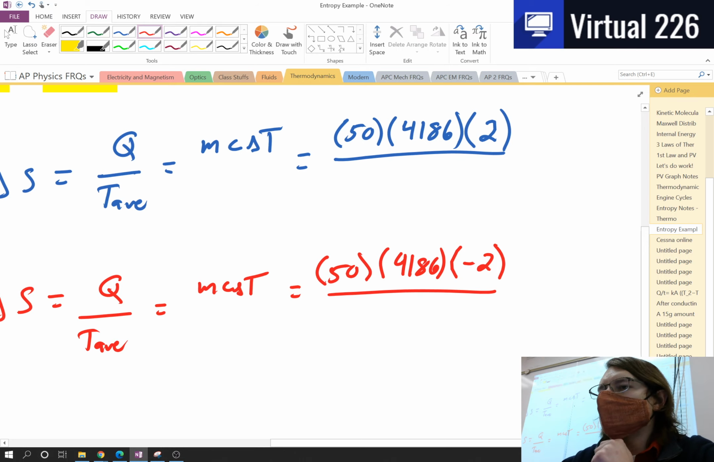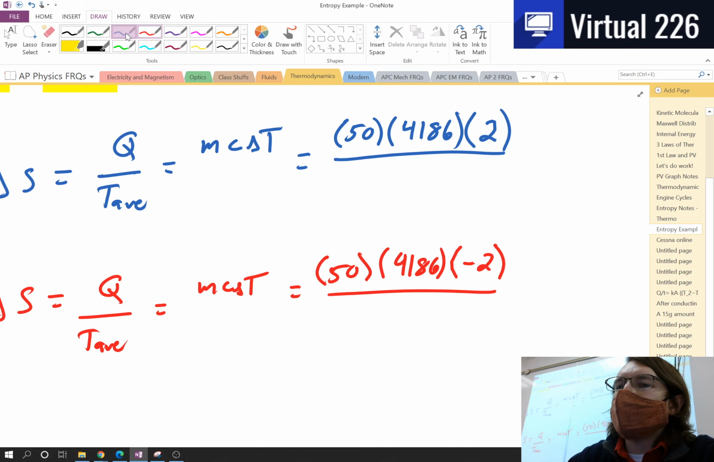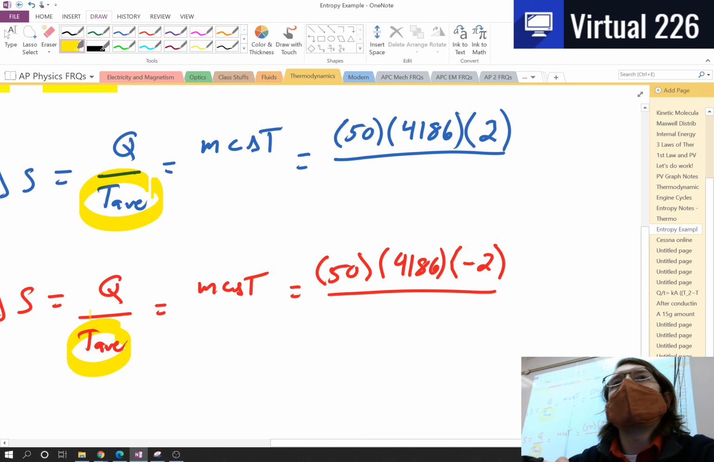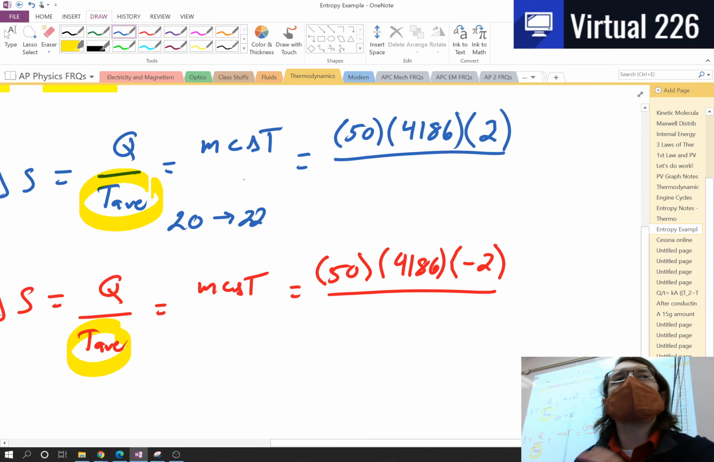Now, when we look at this, we're like, these are the exact same tops, the exact same numerators, but one's positive, one's negative. Shouldn't it be 0? No, it's not going to be 0. Stop thinking that. We are going to have 2 different average temperatures. When we think about the average temperatures, we need to think about the cool water and the hot water independently. Our cool water went from 20 degrees Celsius to 22, which means the average temperature for our cool water